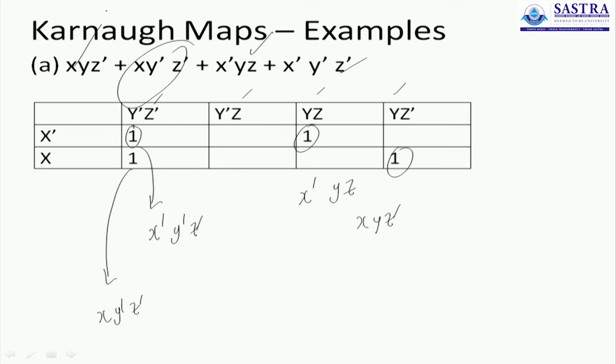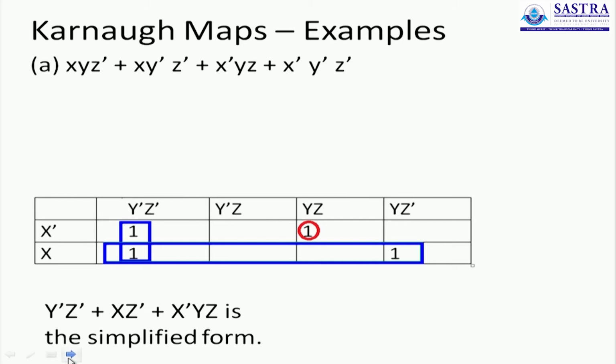Now our task is to group them. And how do we group them? We group them in terms of adjacent ones. Now remember, the number of ones that you take up for grouping should always be a power of 2. So you can't group 3 ones or 5 ones or 6 or 7 ones. You have to group them only in terms of powers of 2. So you can group 2 ones, 4 ones, or 8 ones, or 16 ones. And whatever is the maximum has to be preferred.